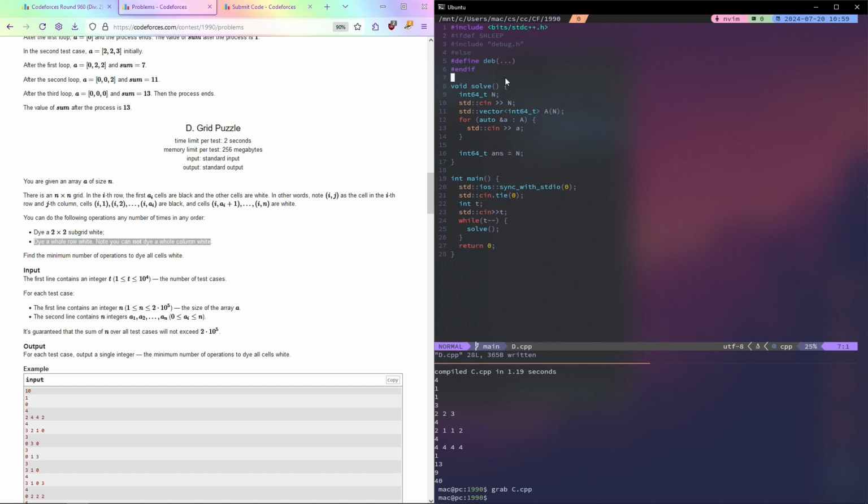because if we had, you know, black, black, black, and whites, okay, if we had something like this, we could dye this subgrid here, this 2x2, and then we could dye this 2x2 as well. And so we're using 2 operations, which is the same as if we just dyed both rows individually. But if they look like this, then you can save a move. So if both of these are basically less than or equal to